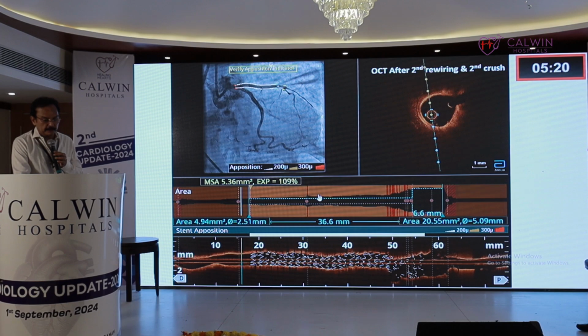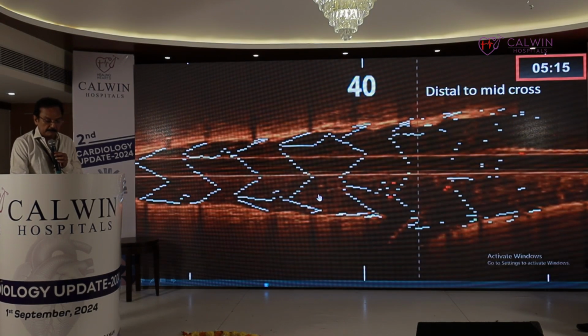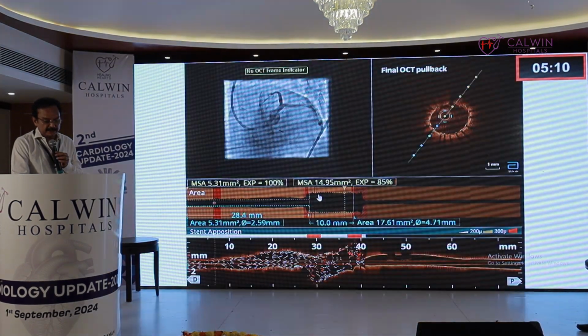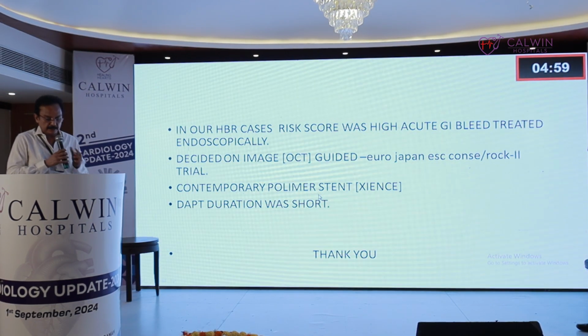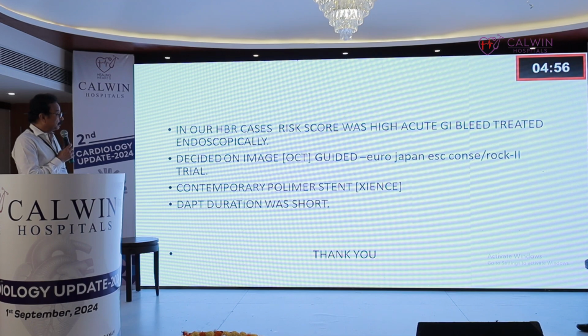But in a high-risk patient, when you stop dual antiplatelets and switch them to single antiplatelet early, these patients tend to have stent thrombosis and have problems. So technically speaking, in such high-risk patients, always try to do a simple, probably the best procedure, without any complications. I think you should do that. So in this patient, we did image-guided PCI, and then he had a high GI bleed, and we opted for a short duration of DAPT. So he was on dual antiplatelet for only 3 months, and after that it was changed